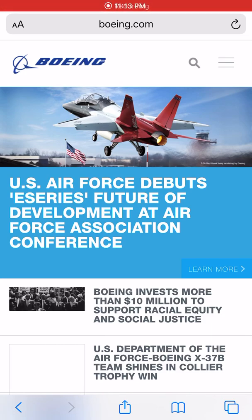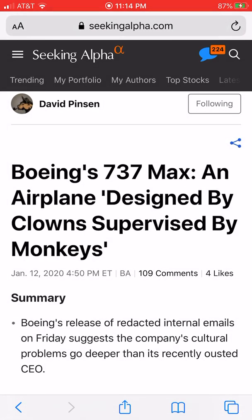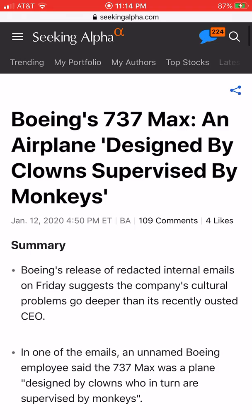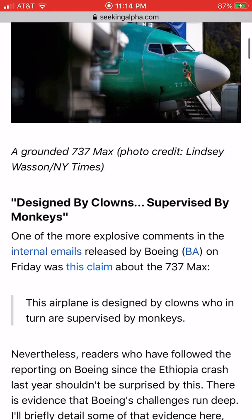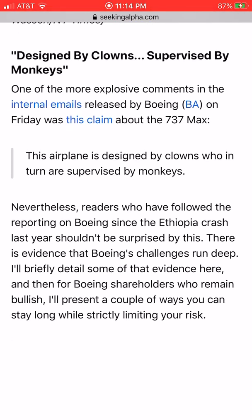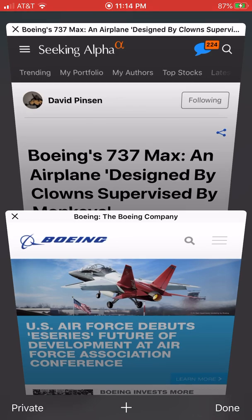Each trading day, Portfolio Armor selects the 10 securities it sees as having the highest potential returns over the next 6 months. A surprise inclusion in that list on Tuesday, at least to me, was Boeing. Earlier this year, I wrote an article quoting internal emails where Boeing's 737 MAX was described as, quote, an airplane designed by clowns, supervised by monkeys. And yet, here we are, with Boeing being one of the top 10 names on Portfolio Armor's daily ranking, which